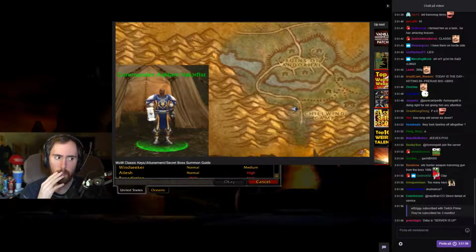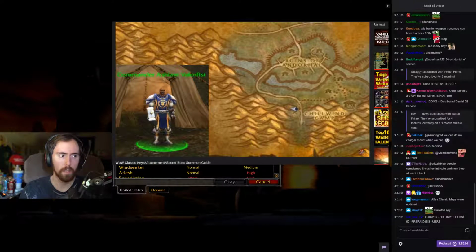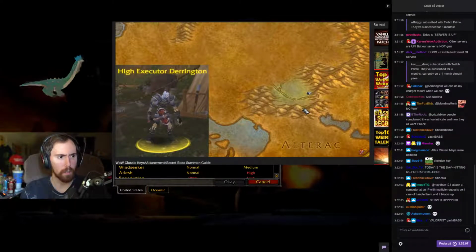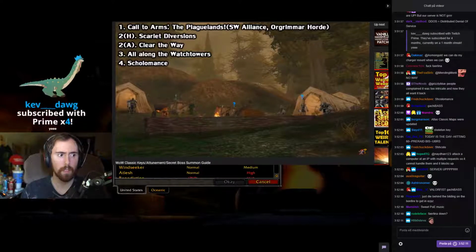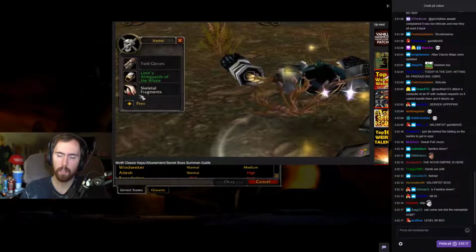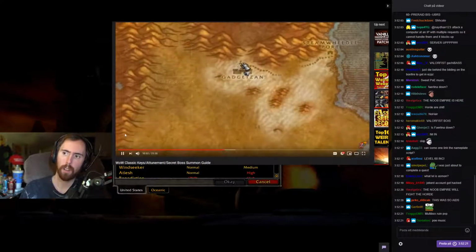If you're Alliance, you want to head to Commander Ashlam Valorfist, located right here in Chillwind Point in the Western Plaguelands. And if you're Horde, you need to talk to the High Executor Darrington at the Bulwark, which is right here at the border near Tirisfal Glades. You need to complete the following prerequisite quests before you can obtain the quest chain for the key, simply titled Scholomance. Again, kind of going through this quickly, you have to collect skeletal fragments from the undead, and bring those